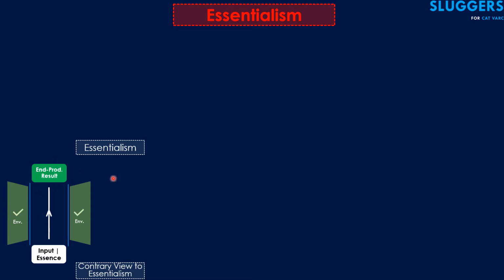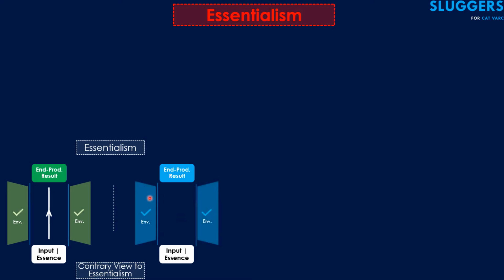Now let's suppose there is yet another plant that you observe in the same garden, and this plant happens to be blue in color. The first one happens to be green in color, and the second happens to be blue. Now this again will be dependent on the input, the kind of seed that was sown for this plant, from which it grew, and also on the environment, partially dependent on this and partially dependent on this, probably. Okay, and so again, even in this case,